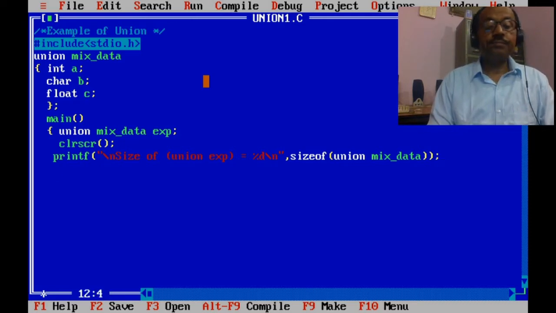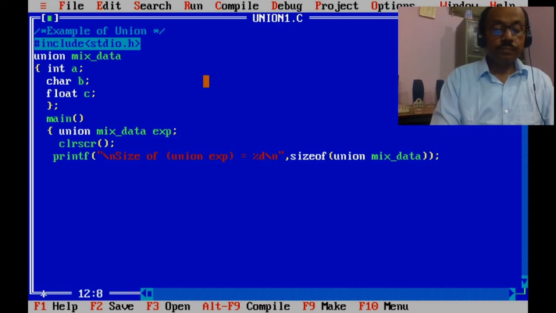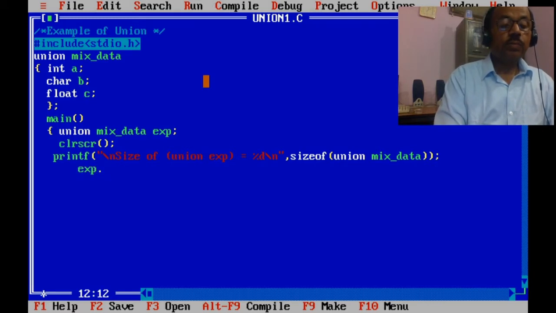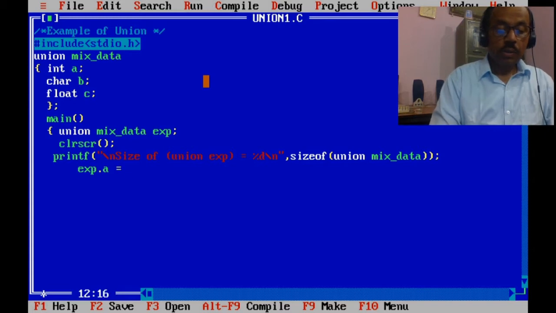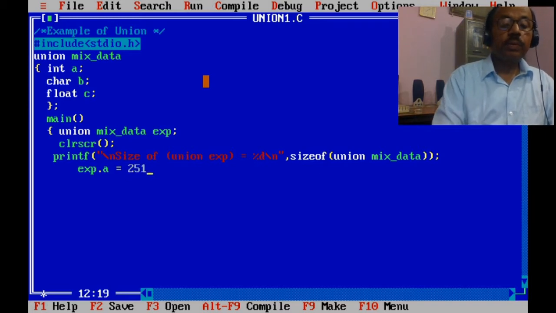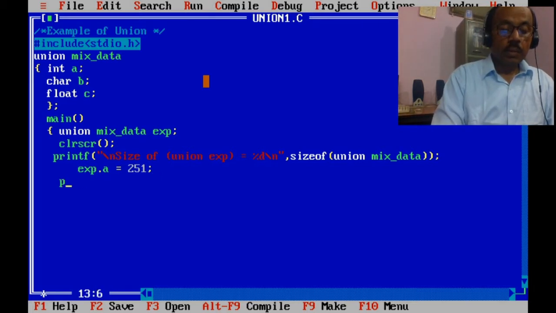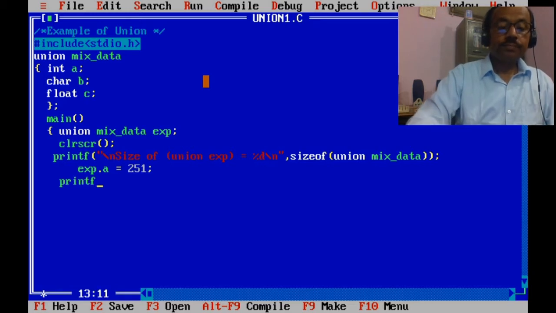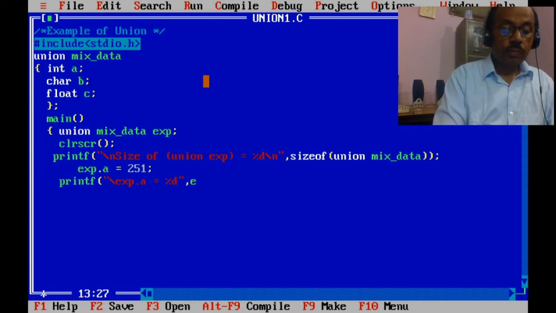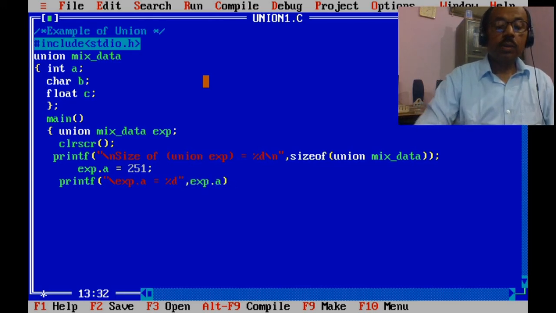Now we are assigning the value: exp.a is equal to 251, and now printf("exp.a is equal to %d", exp.a);